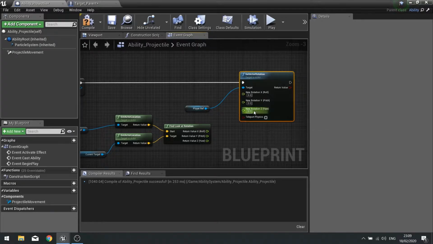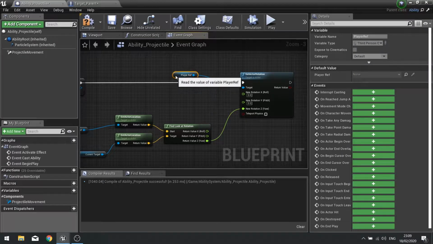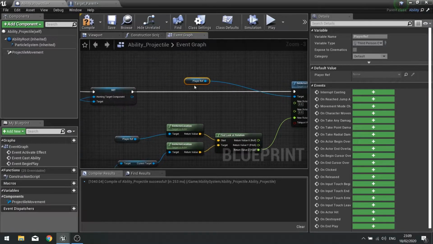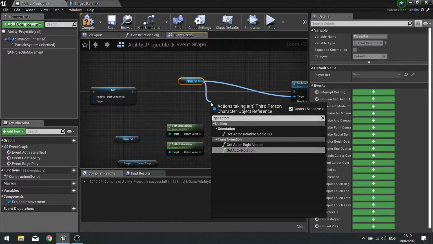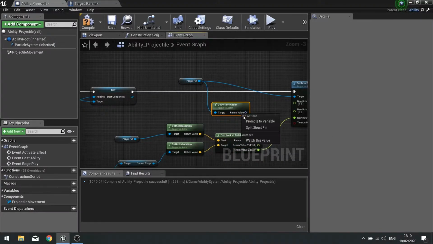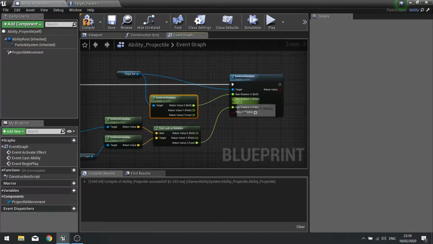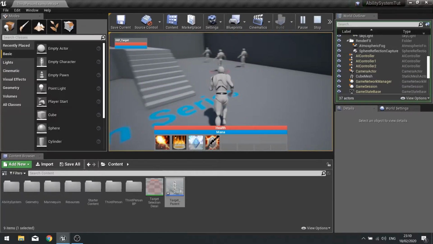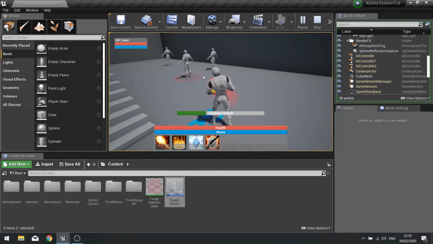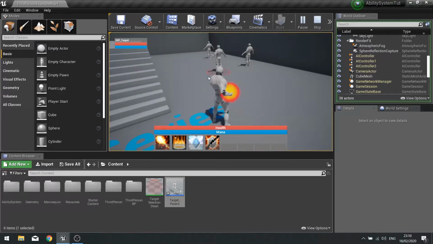And we're going to split it and drag in the yaw to be the same there. The roll and pitch, we're going to get the current rotation and plug in the current values in there. So from the player reference here, get actor rotation, split this, and drag in your X and your Y from that. Hit compile. So now, when I select on a target and hit the fireball, my character will turn and face its target and shoot.